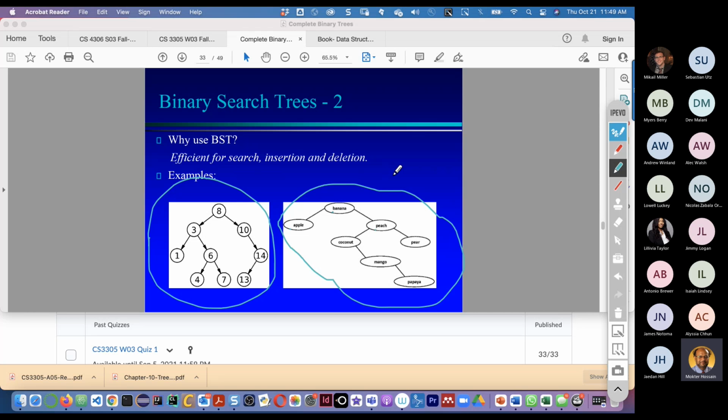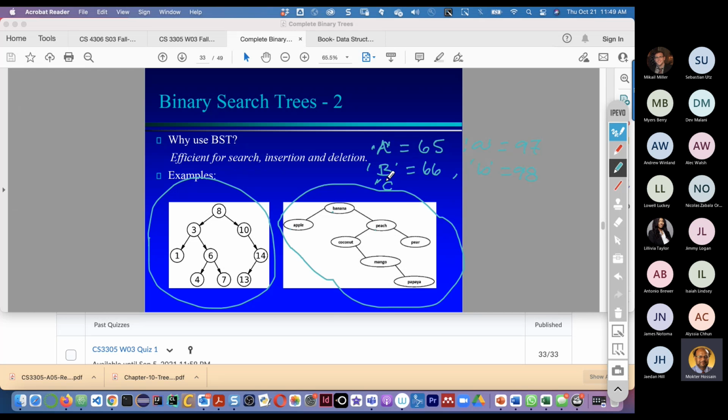So here, we know the ASCII value of uppercase A is 65, and lowercase a is 97, and B in uppercase is 66, and B in lowercase is 98, and so on.